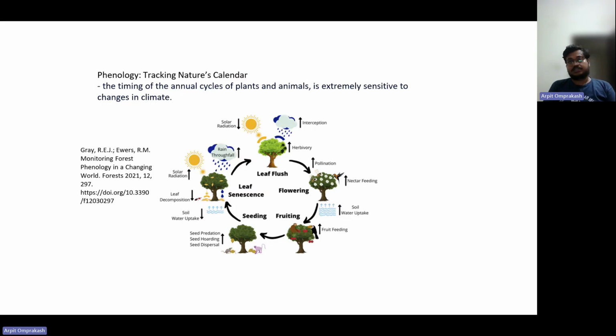And because there's a change in environmental factors such as temperature and precipitation across time, this phenology is also getting disturbed. So the timing of flowering, of fruiting, and of senescence either shifts left or right, or increases. Some of these effects get prolonged or get lesser. So these are phenological effects.